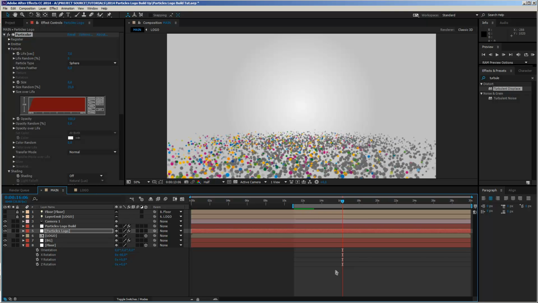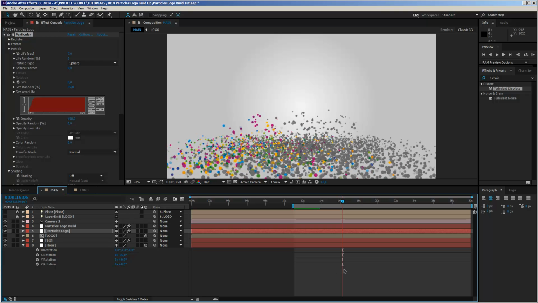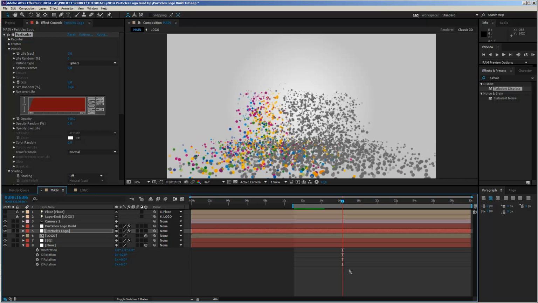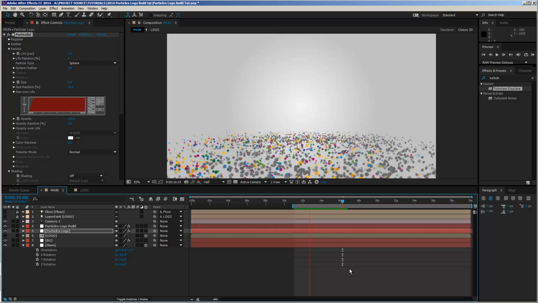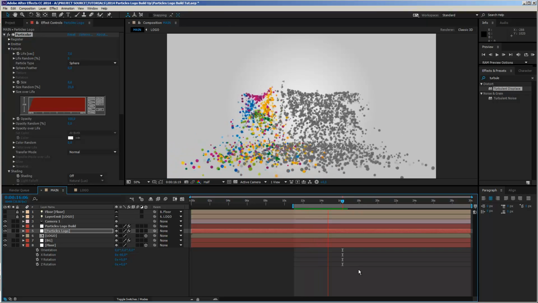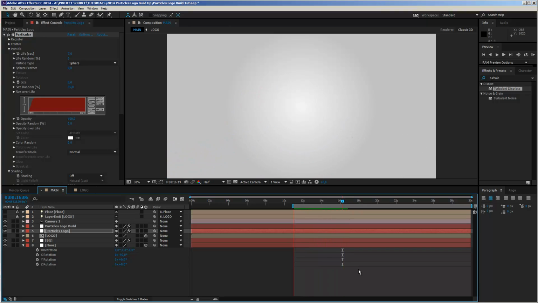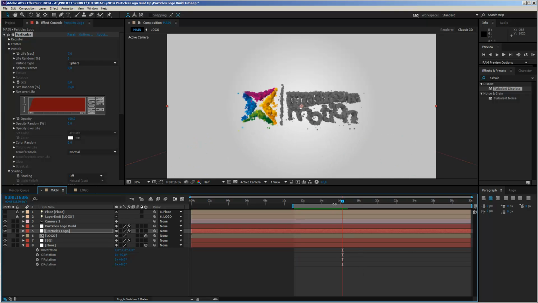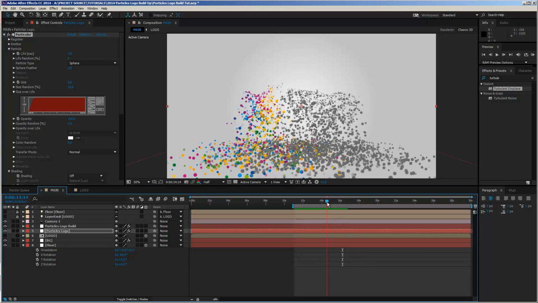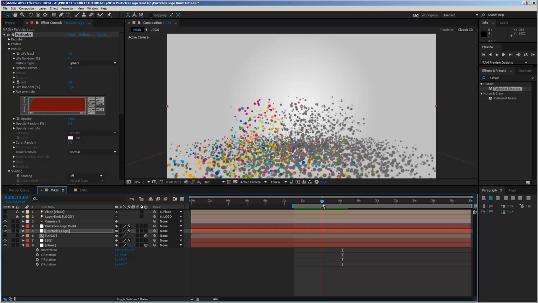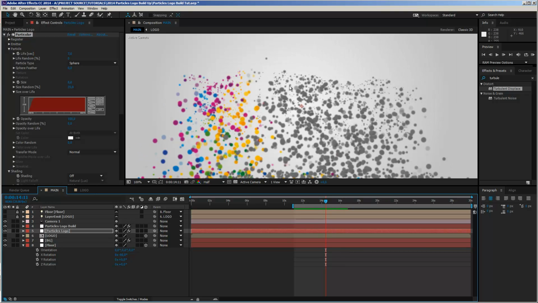So let's make a new preview. Let's see what this does. And I think it looks pretty good. And pretty organic. Okay. So one thing that bothers me a bit is if you take a look here, right at this point in time, we have our particles, and then you see all the small particles that are starting to build our logo. And I think we have to change this a bit.